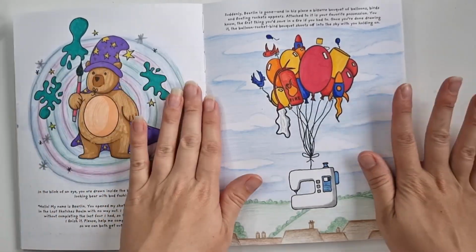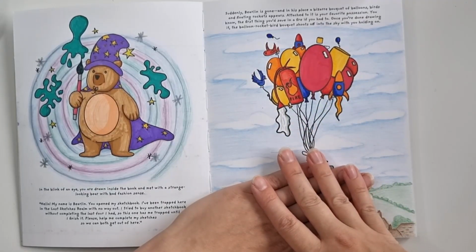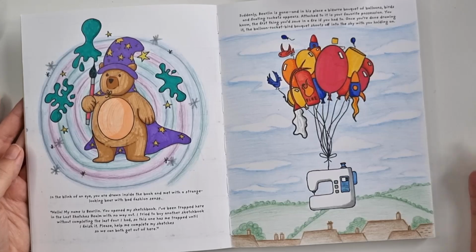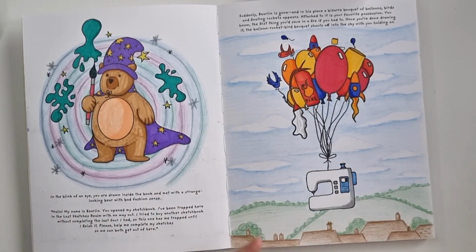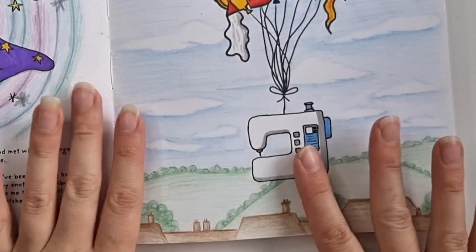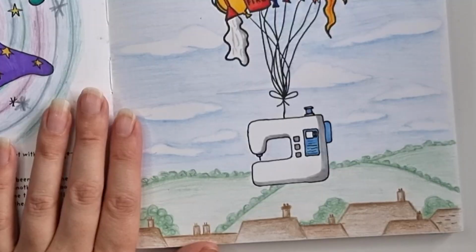This page was completely blank apart from the drawn bouquet of balloons. Now, I specialised in textiles, constructed textiles when I was at university. So the one thing for me is my sewing machine. So I decided to draw a sewing machine and I outlined it in this